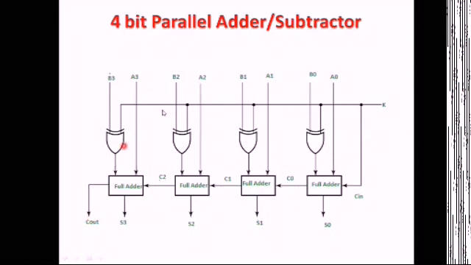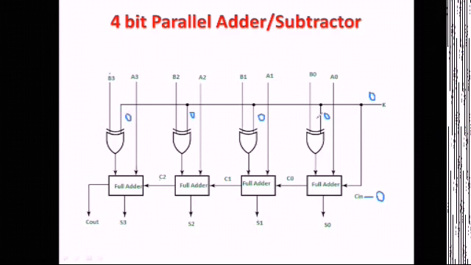Now let us see how this circuit operates. Suppose there are two cases. The first case is when K is equal to 0. Listen carefully because this circuit is very important. When K is equal to 0, this 0 is going here, so this C in is equal to 0, first case. Now here, as 0 is going here, again we are getting 0 here, that is, this input is equal to 0.